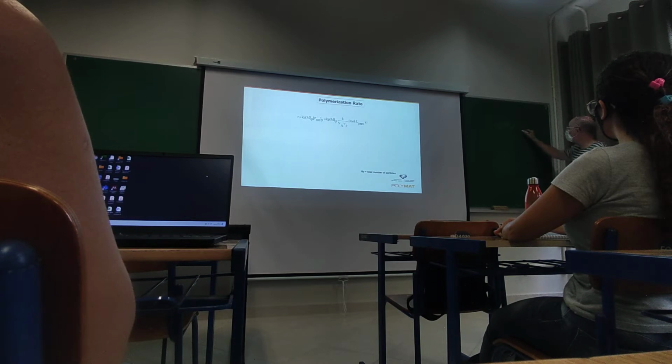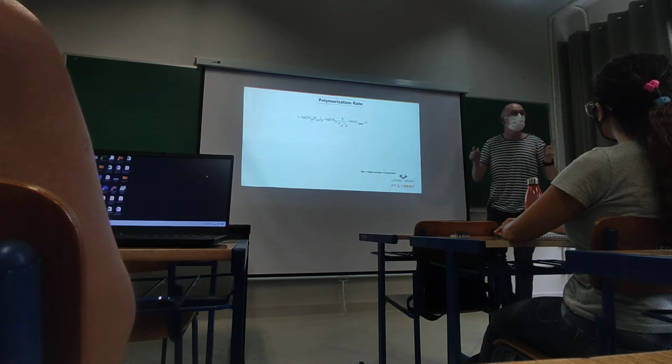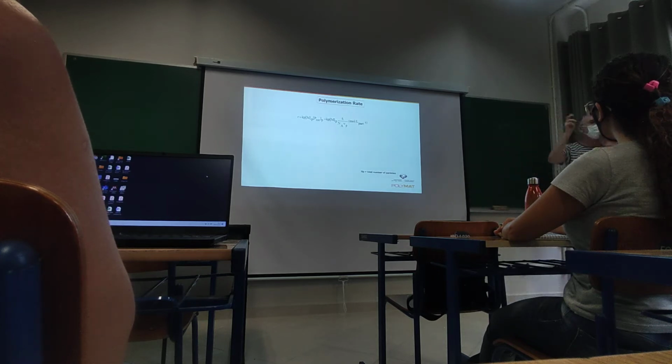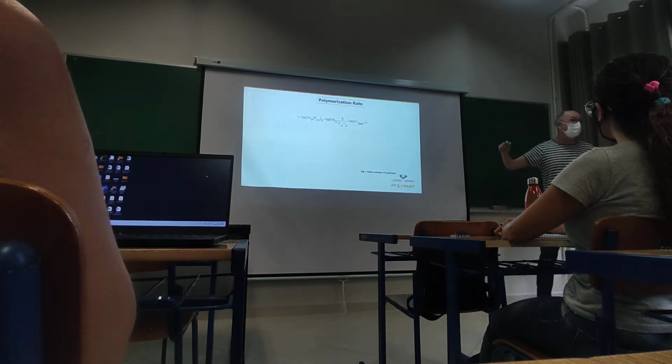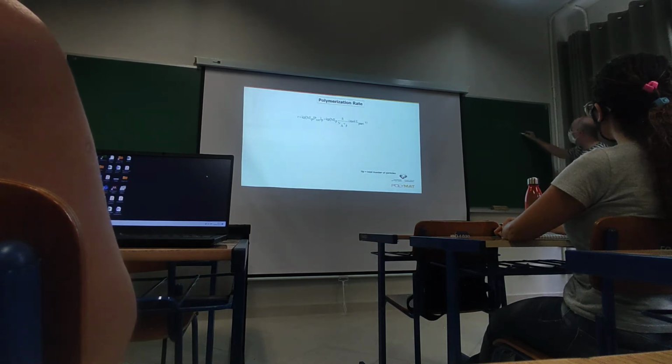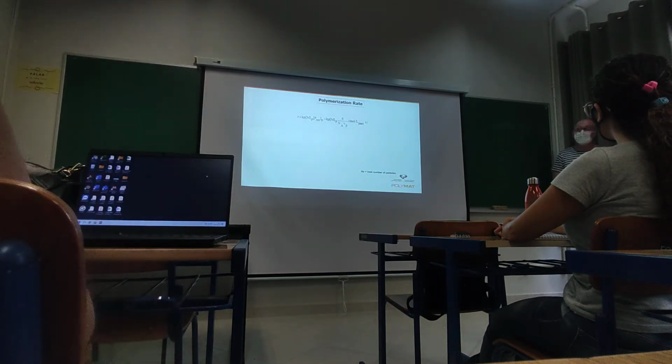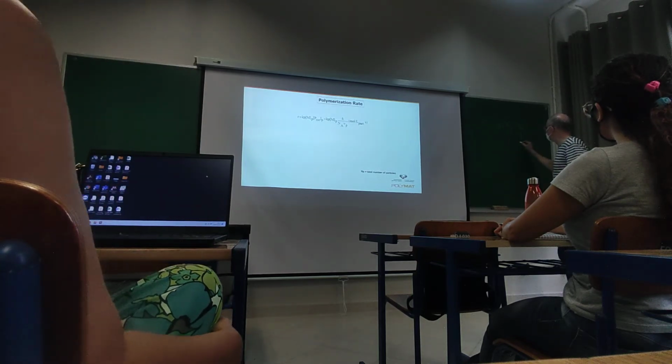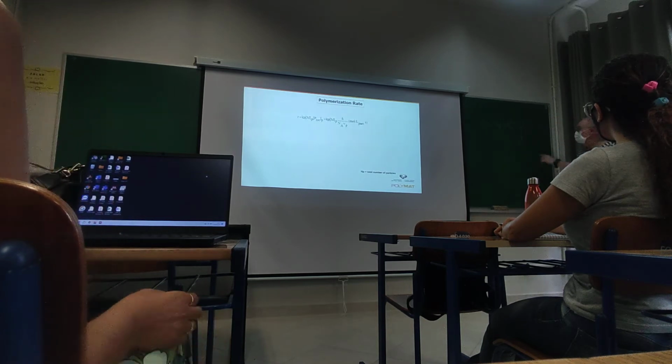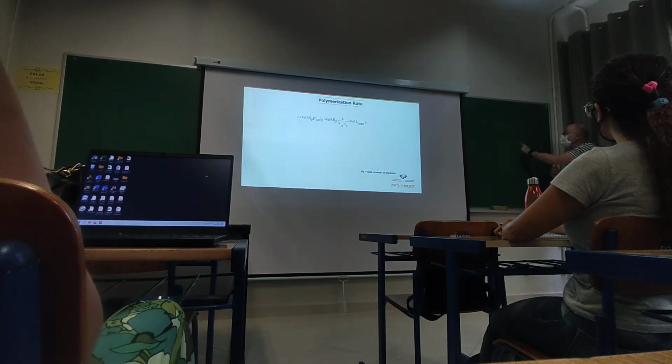Okay? Now, the concentration of radicals in the polymer particles, we will use to define this concentration, because this concentration depends on the number of radicals that we have in the different particles. And each particle might have a different number of radicals during the polymerization. So, since we cannot account each of the particles, because we have 10 to the 17 particles, we will use an average value. So, the total radical concentration will be calculated as you have there. I mean, like the average number of radicals per particle, which is n bar, okay,